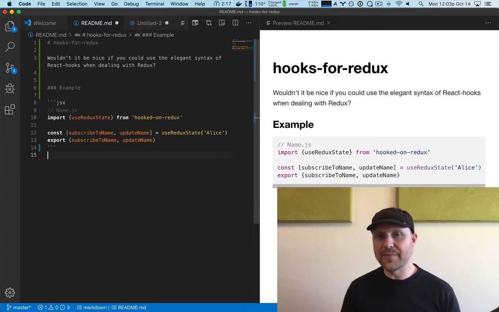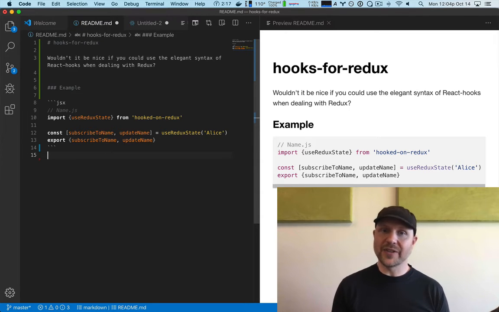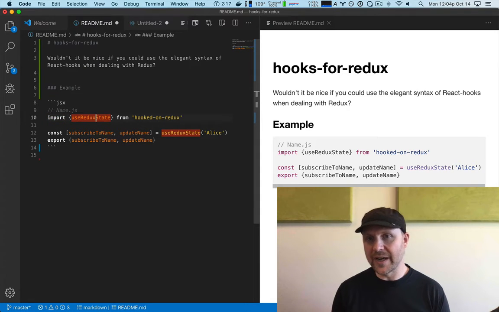And here we just have a simple name. But it could be a more complicated state. In fact, I would generally argue for each one of these files being more like a model, in the sense that it will hold an object of keys and values. But the point is, this is very Redux-like in that you can kind of slice and dice it however you want. But it's also kind of React-like. So here's what we're looking at. In theory, we would have this library called hooked on Redux, does not exist yet. And it would return,